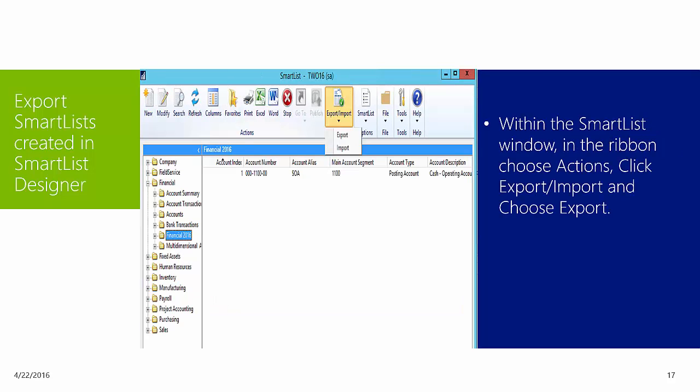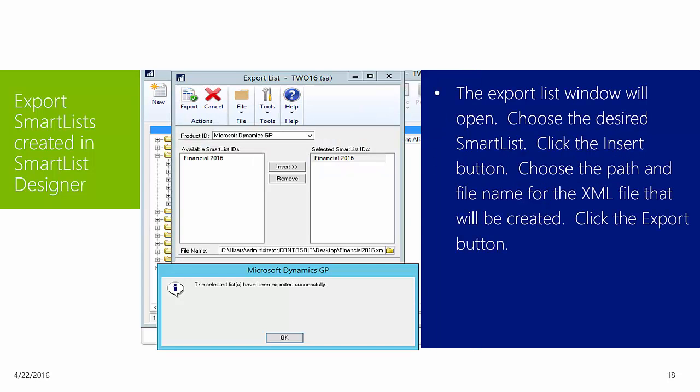Within the SmartList window in the ribbon, you can choose Actions, and you'll click the Export Import button right here and choose Export. The Export List window will open. You'll choose the desired SmartList. You'll click the Insert button, choose the path and file name for the XML file that will be created, and